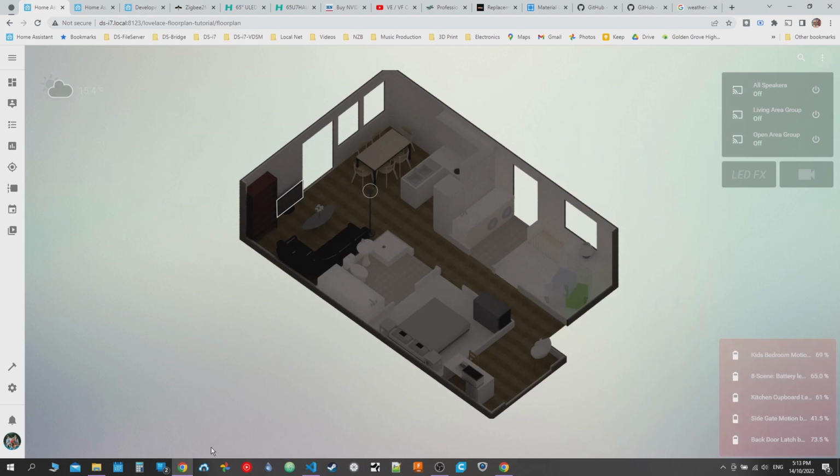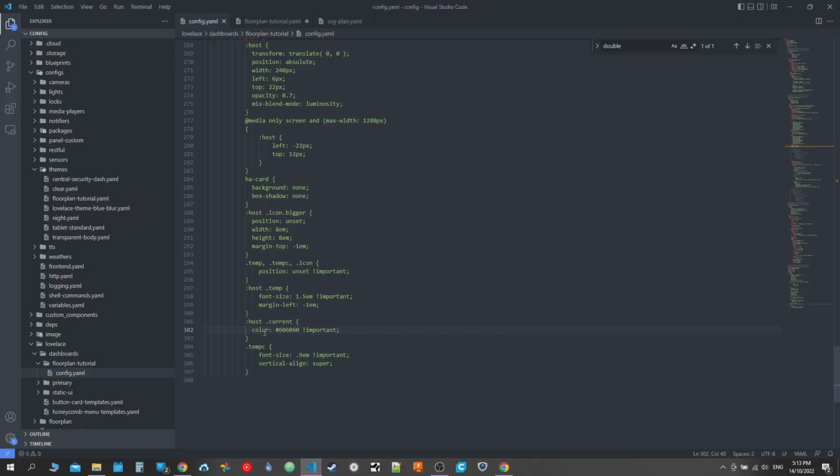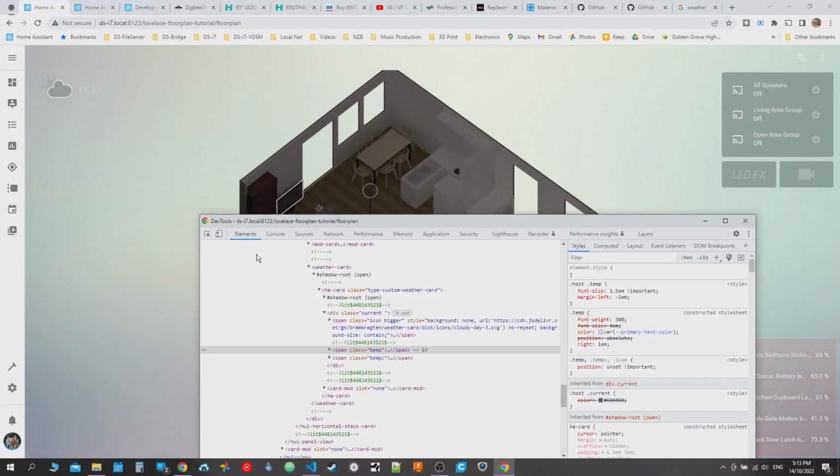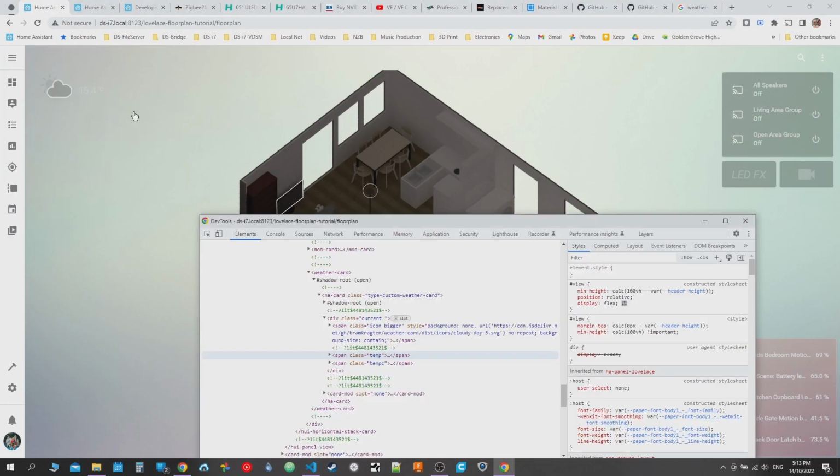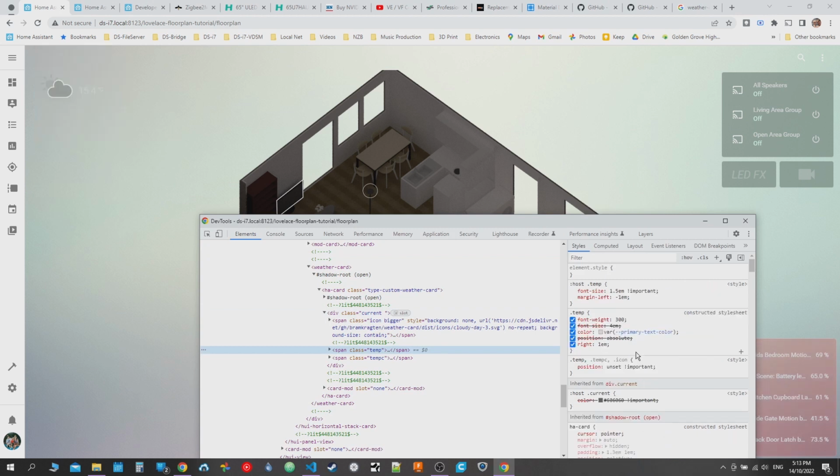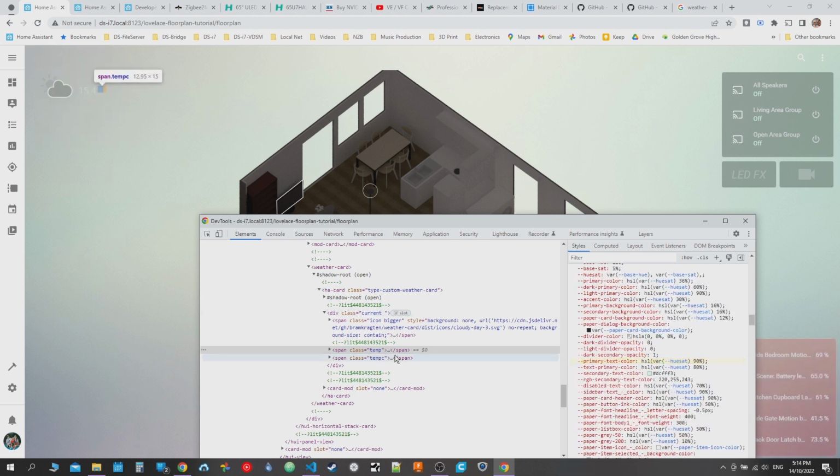Again, I'm pressing the wrong one. So current, important. Let's just check because it might have been important for the other one. Generally, that shouldn't change it. But what I also noticed is you can change primary text color, which is probably the better idea anyway. So if you go back,